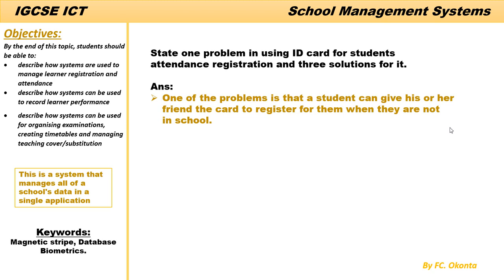That's a drawback. All right, so with the student giving his ID card for someone to mark, you don't know who is who. All right, this child is not in school, but the child is marked present in the computer. Okay, so the computer doesn't know who is who. So one way we can solve this problem is